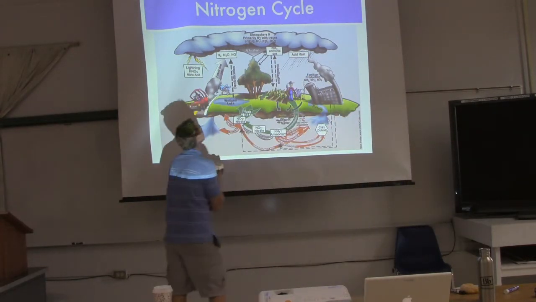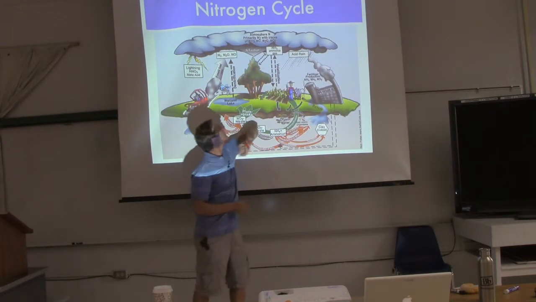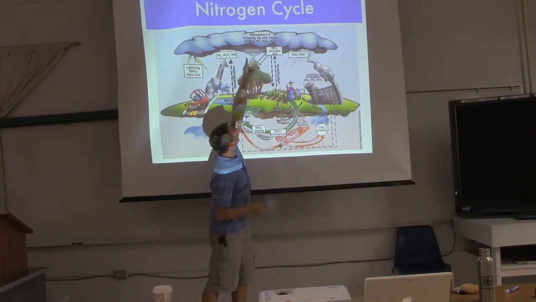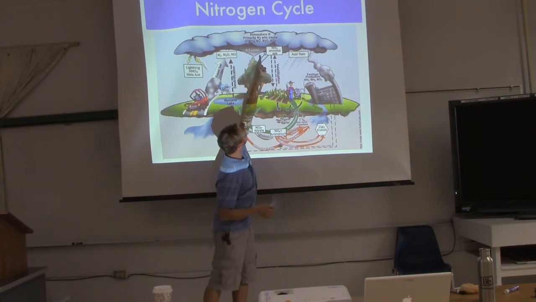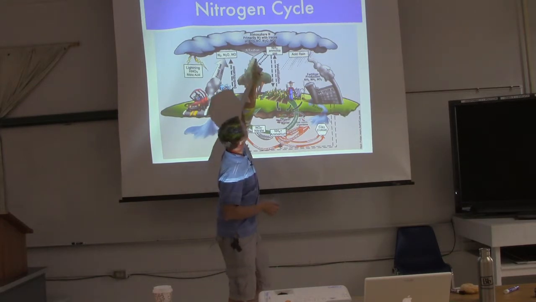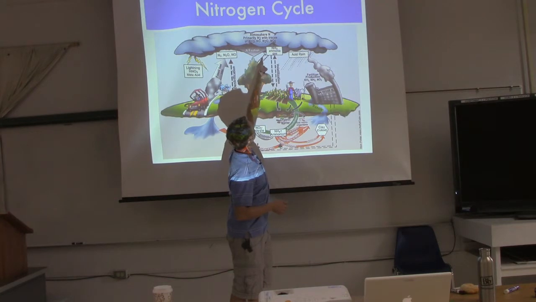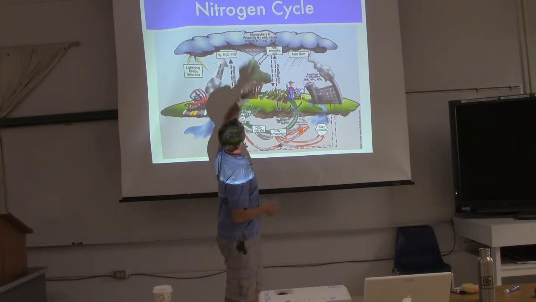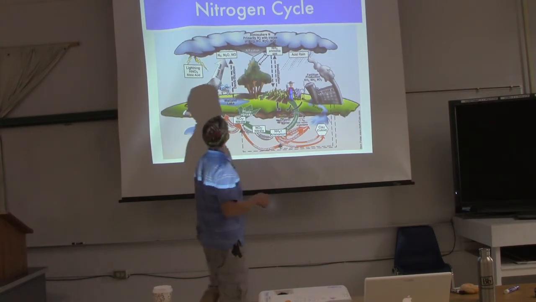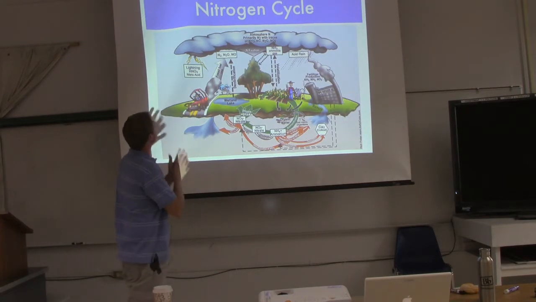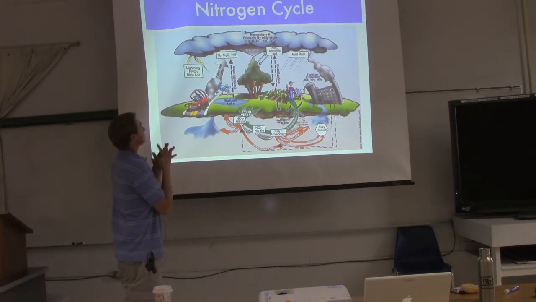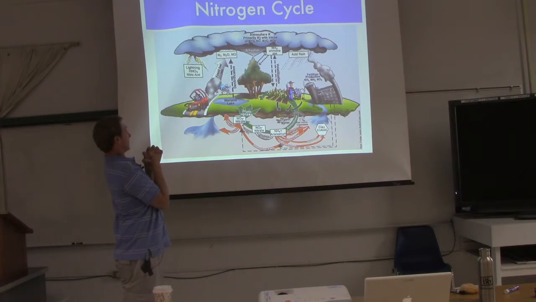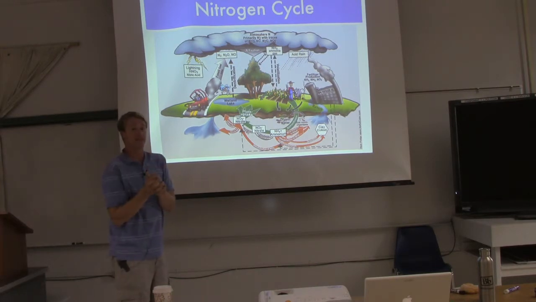Atmospheric nitrogen, which exists as N2, or it can exist as NH3, NO, nitrous monoxide, or nitrous dioxide? Yeah, NO2. It exists as a gas. And then it gets absorbed by the planet in many ways. First way,